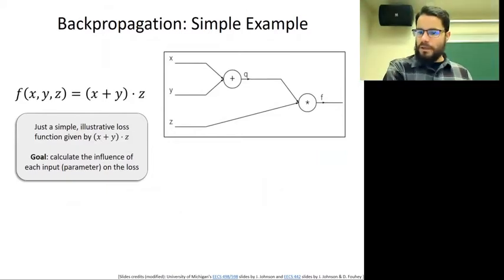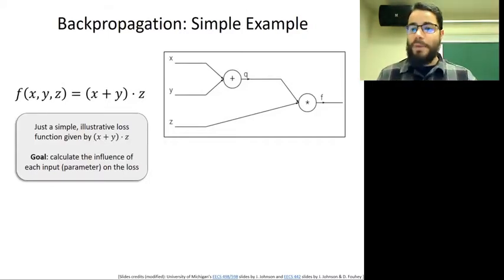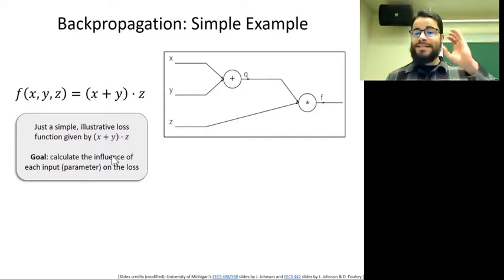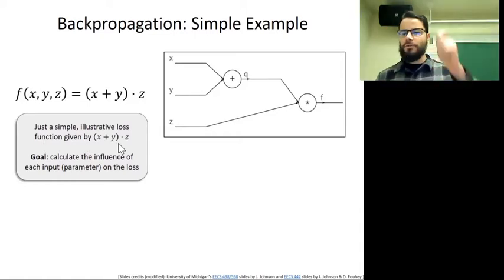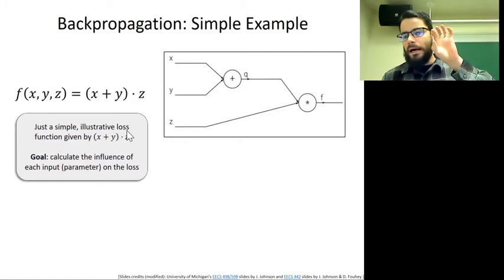We are working with two examples of just scalars as inputs, one example of a vector as an input, and a final example with two matrices as inputs, okay? So let's start with the simpler one. Just a simple illustrative loss given by x plus y multiplied by z, okay? So this is the loss, which is going to be our main reference, right? So we start with the loss and then calculate the gradients with respect to it. Sorry, the other way around. The gradient of it with respect to